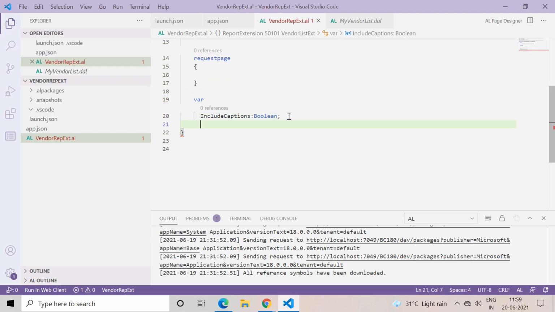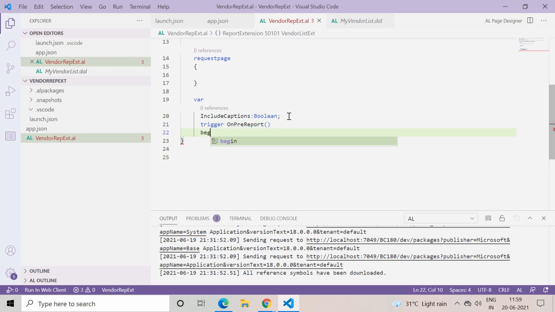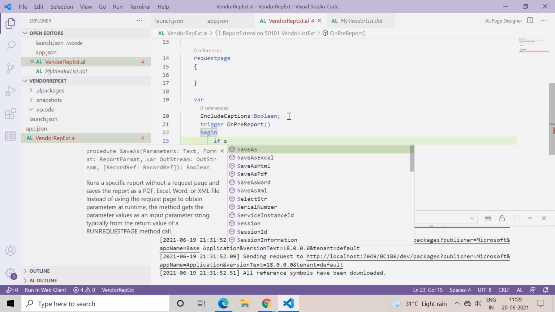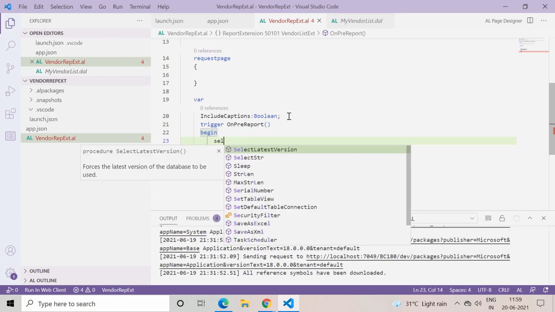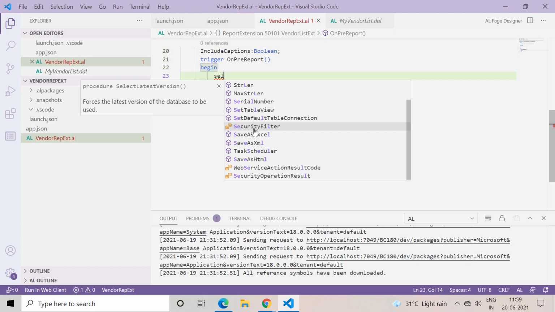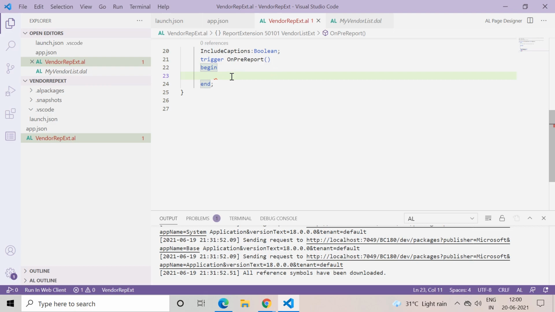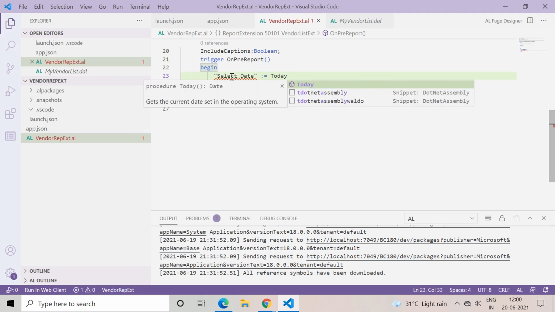Here, let me select one trigger of the report which is on pre, and here what we can write is, if, let's say, select date equals to today.